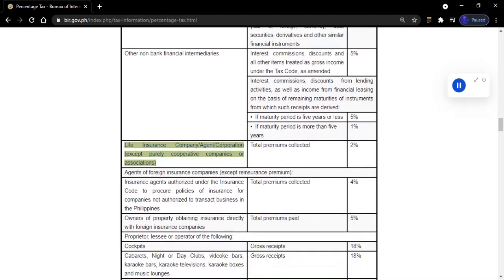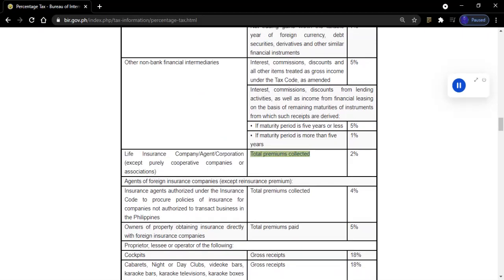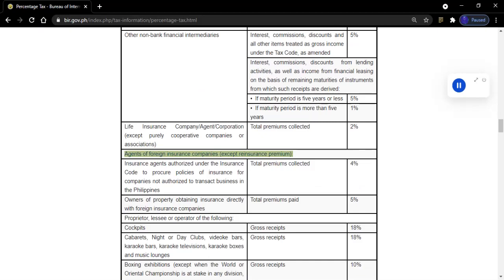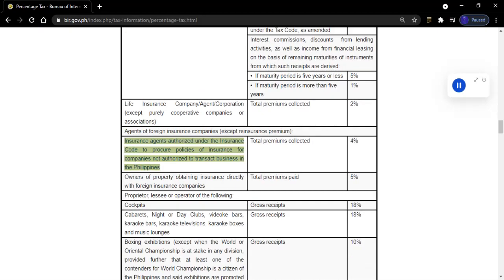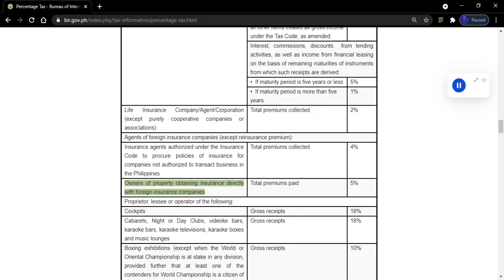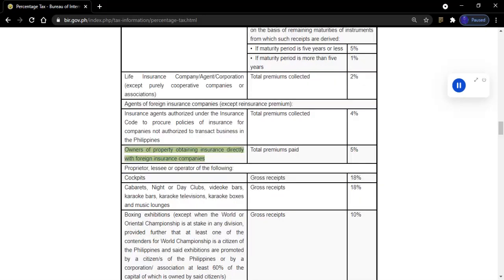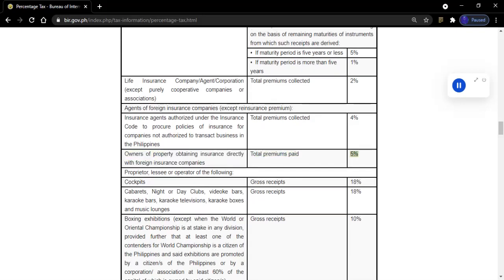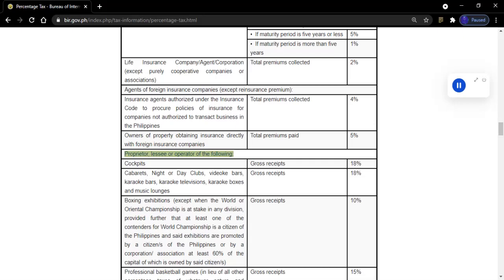Life insurance company, agent corporation, except purely cooperative companies or associations: total premiums collected, 2%. Agents of foreign insurance companies, except reinsurance premium: insurance agents authorized under the Insurance Code to procure policies of insurance for companies not authorized to transact business in the Philippines, total premiums collected, 4%. Owners of property obtaining insurance directly with foreign insurance companies: total premiums paid, 5%. Proprietor, lessee or operator of the following: